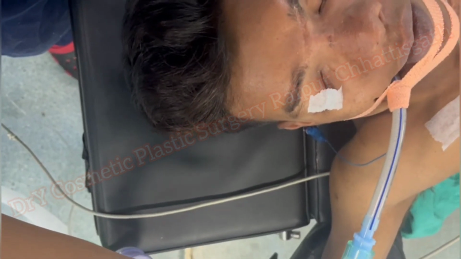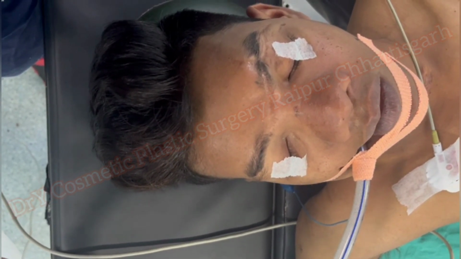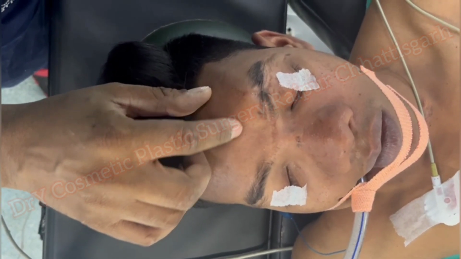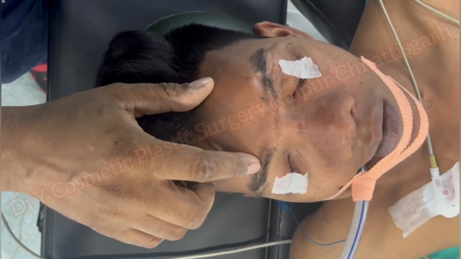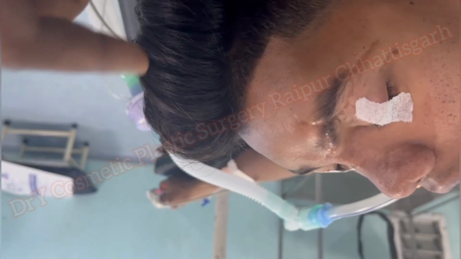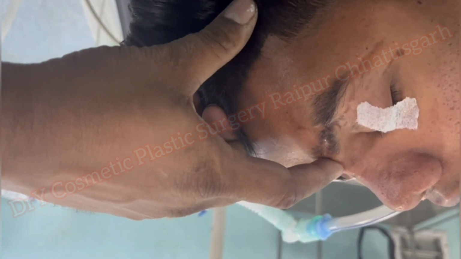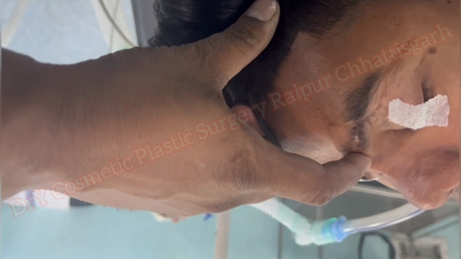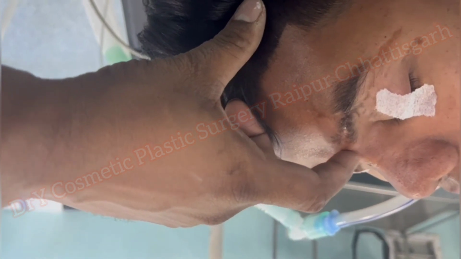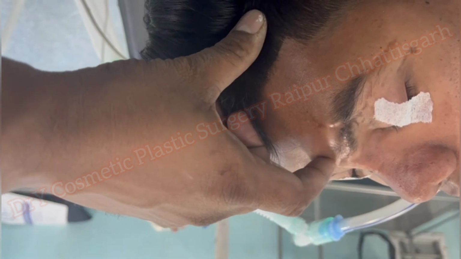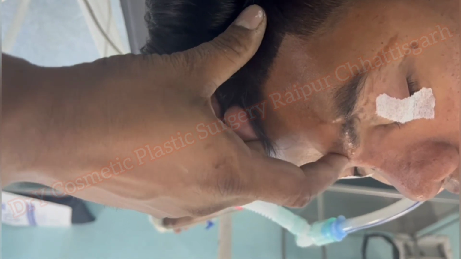The patient is intubated for general anesthesia. This is the intubation tube. With this the patient is under general anesthesia, fully unconscious. Here I am planning to give an iliac crest graft, and on the lateral view you can see over the radix. This is the nasofrontal angle. Ideally it should be below the radix, and here this rib cartilage graft is overriding the nasal radix and reaching up to the interbrow area.